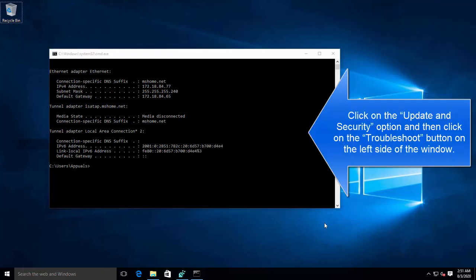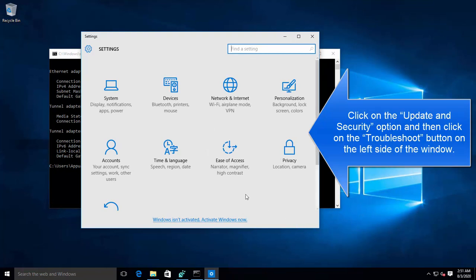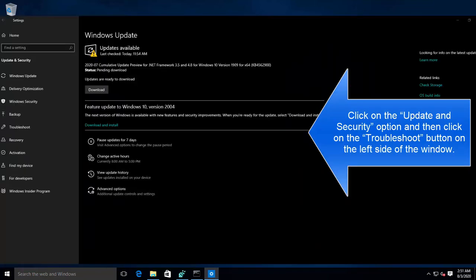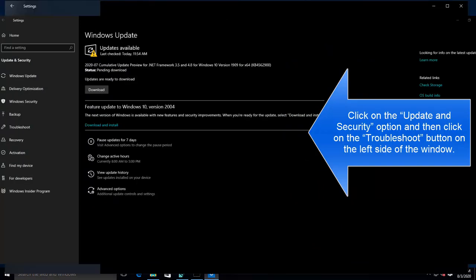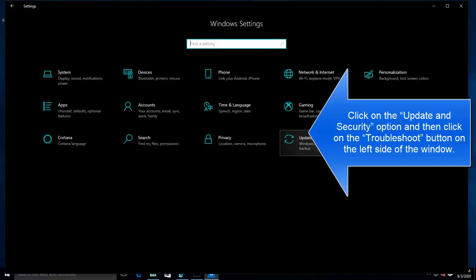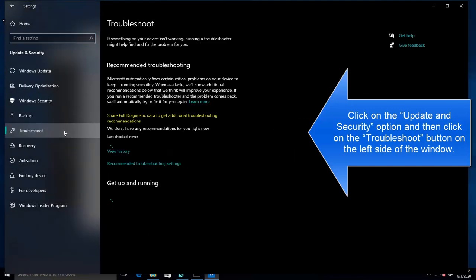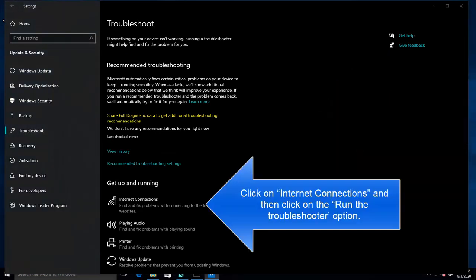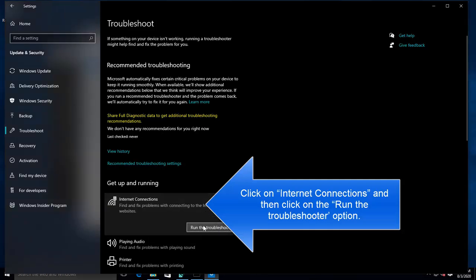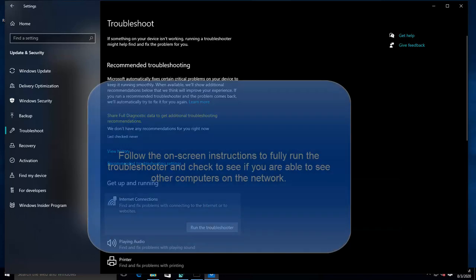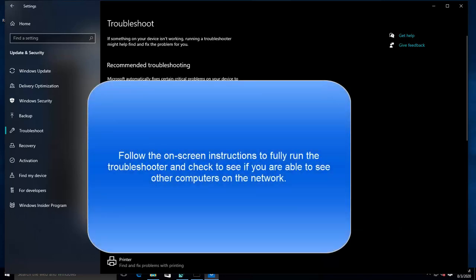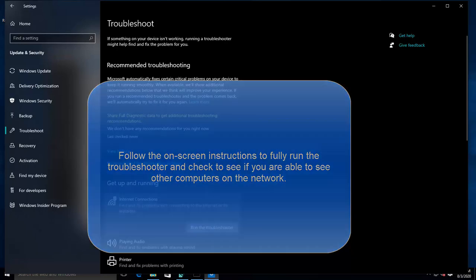Now press Windows I to launch settings. Click on Update and Security, and then click on Troubleshoot. So let me open another settings and click on Update and Security, and from here we can click on Troubleshoot. Click on the internet connections from here and then click on Run the Troubleshooter. Follow the on-screen instructions to fully run the troubleshooter and check to see if you're able to see other computers